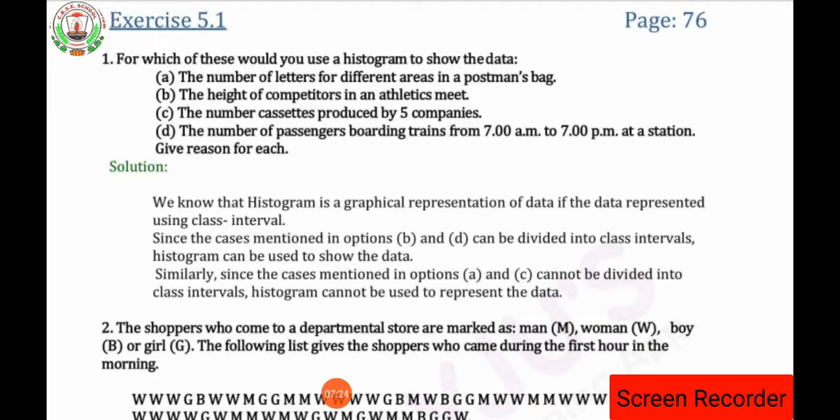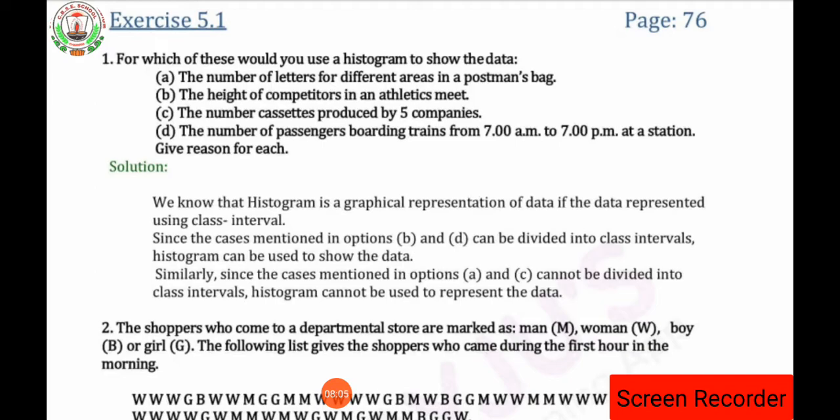So here students, we are going to start our chapter number 5. No need of writing these definitions in your copy because you had already written these definitions in chapter number 15, introduction to graphs. Chapter 15 was already completed in the previous video. Please go through it. So here we are going to start chapter 5, data handling, and some of the topics which I have just now explained to you. Okay, so here is exercise 5.1, first question.